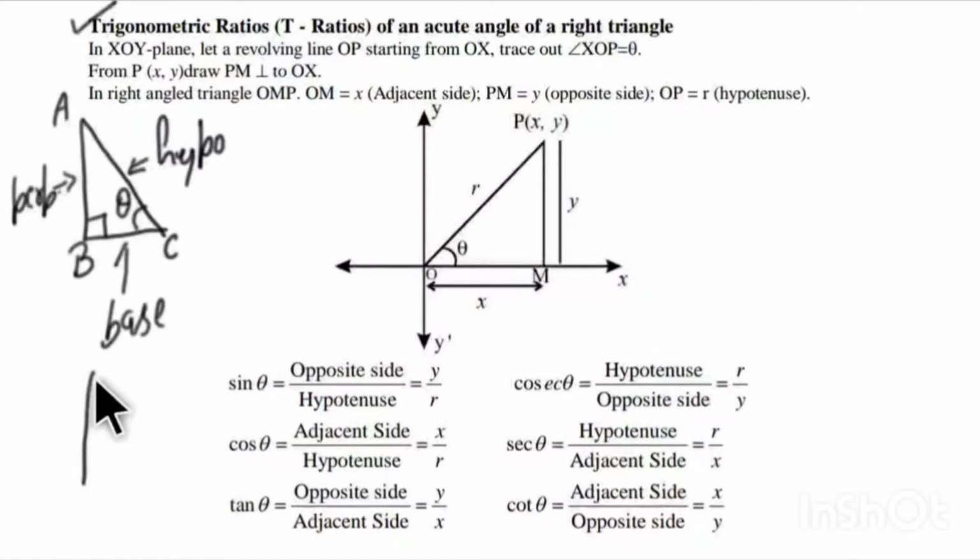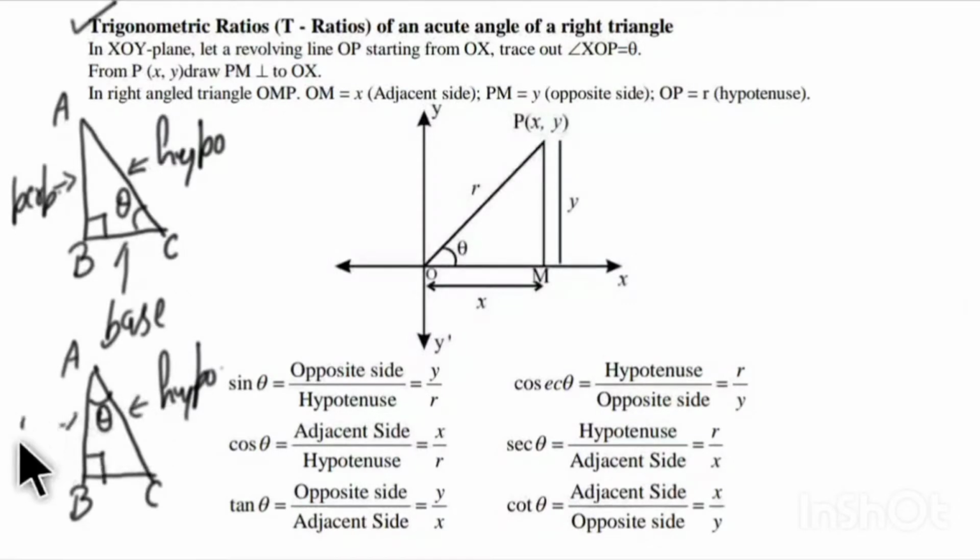Let us try to understand from one more figure. If ABC is a triangle in which B is the right angle and at point A the angle theta is made, then the side opposite to the right angle is known as the hypotenuse. The angle is made by two sides, one is the hypotenuse, the other is the base, and the third one is the perpendicular. I think it is clear to you what is hypotenuse, perpendicular, and base.